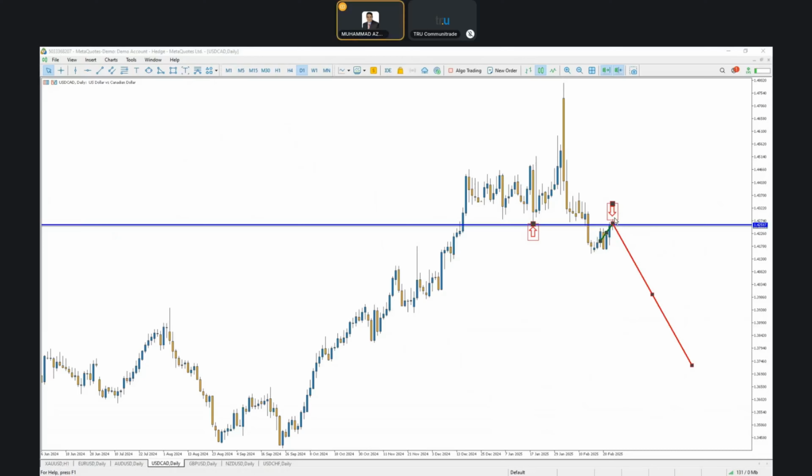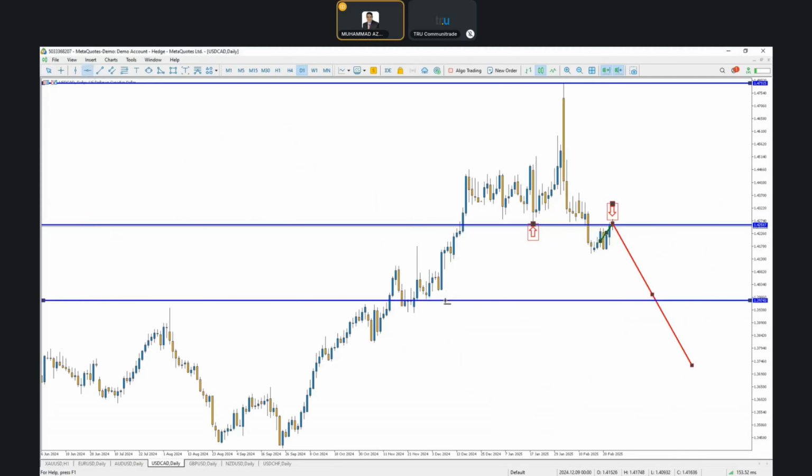Now I'm going to discuss some important levels over here. We have a resistance level right up there at 1.4791. The support, which is already broken, at 1.4258. Then we have another one down over here at 1.3980. Now the trade idea over here is to look for a pullback at or around